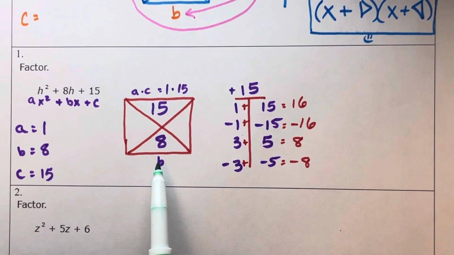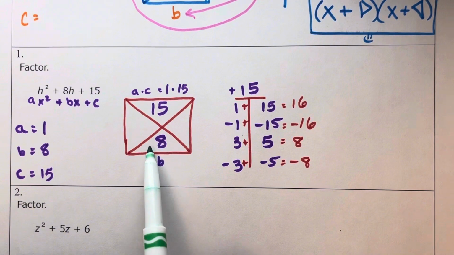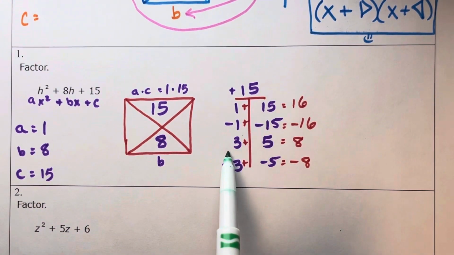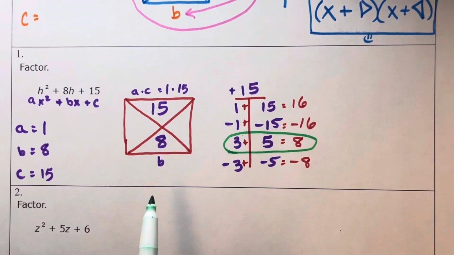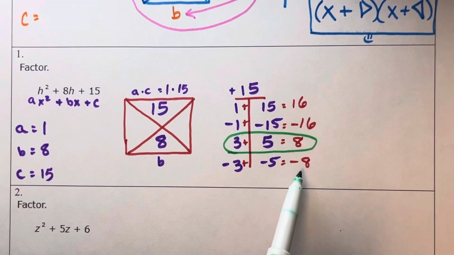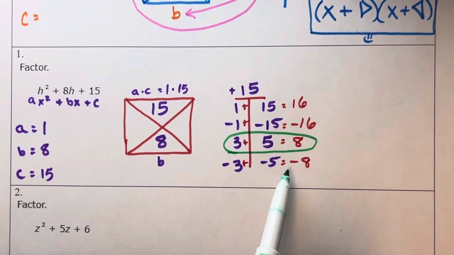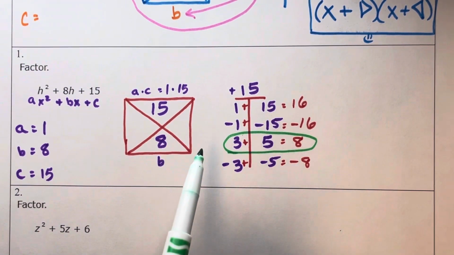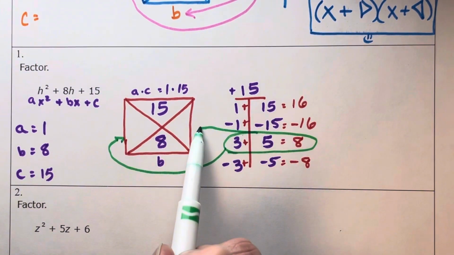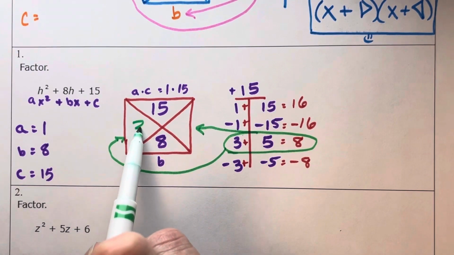We were reminded that our B number, the bottom of our box, is an 8. Hey, here is a sum of 2 factors that is also a positive 8. So acknowledge this is a positive 8, that one's a positive 8, which is why I'm not going to use this bottom pair of factors. Great. So it is these 2 factors, the 3 and the 5, that we're going to put in the wings